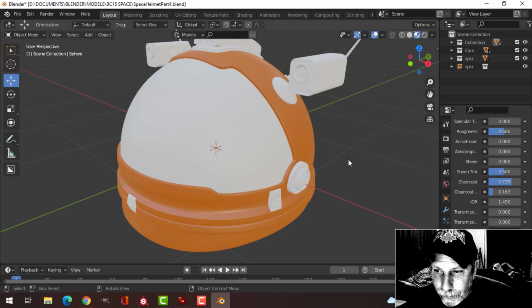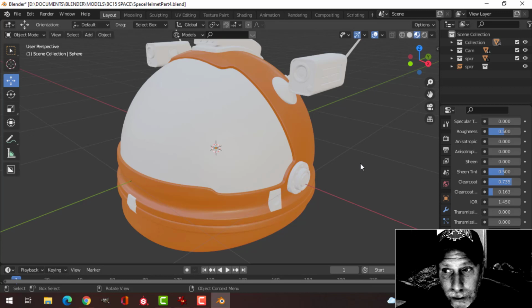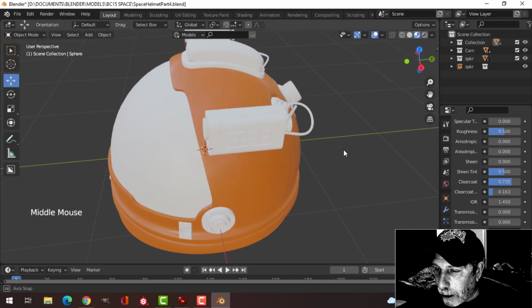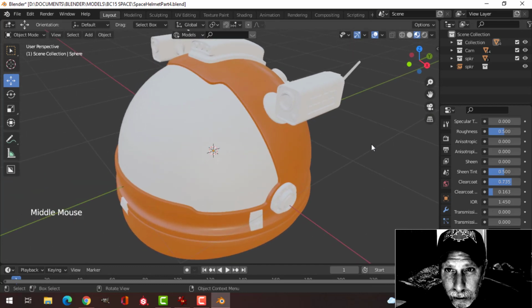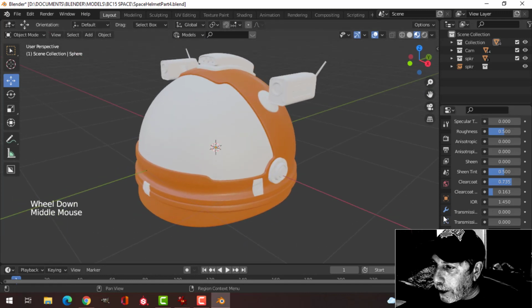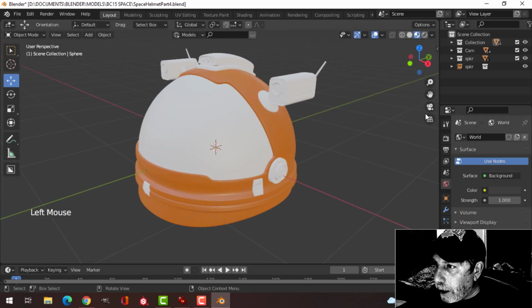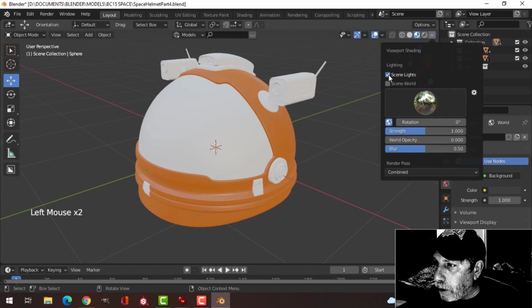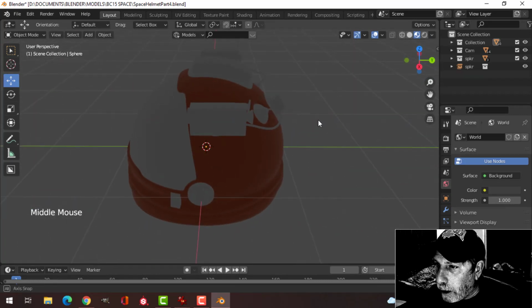Now, materials, of course, are going to depend so much on lighting. If you're not getting the effect that you want, often it's because of light. I mean, the modeling part, we just need some basic light in the background so we can see the shapes, but for materials to look good, the light is important. And I'm no lighting expert. What I'm going to do is switch over to Scene Lights and Scene World,